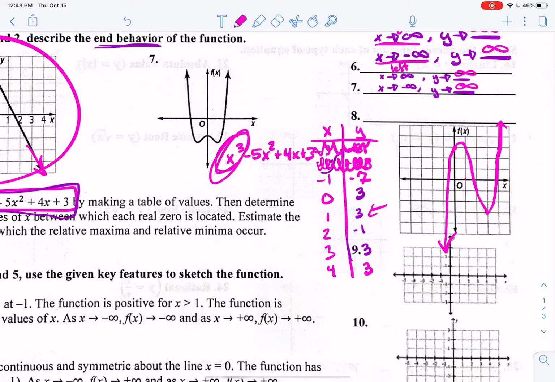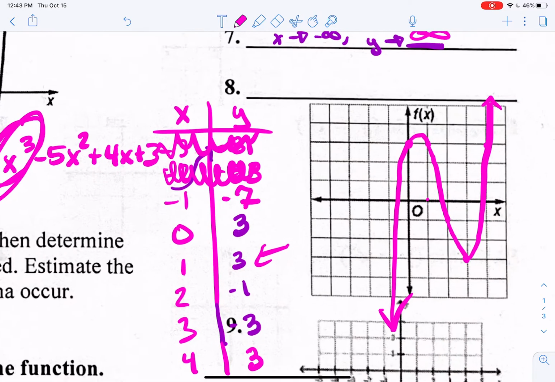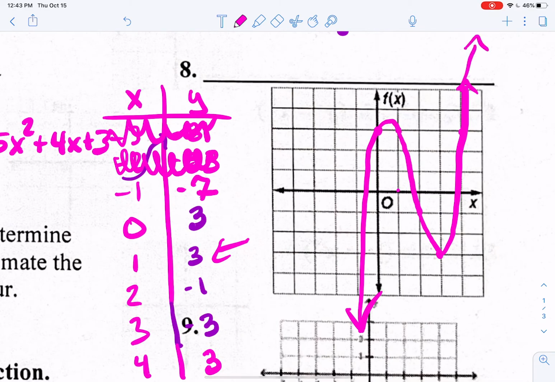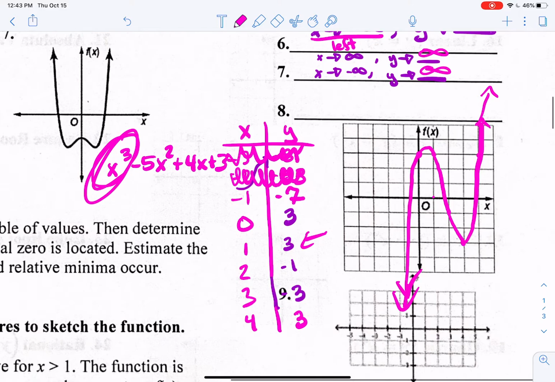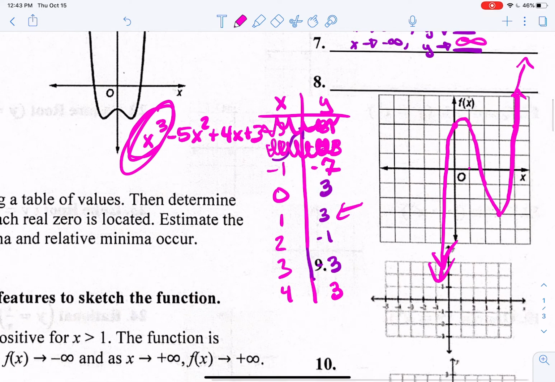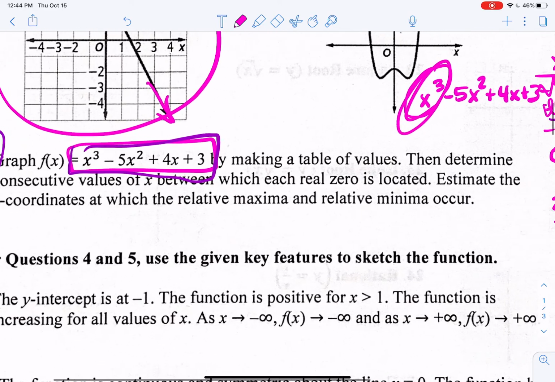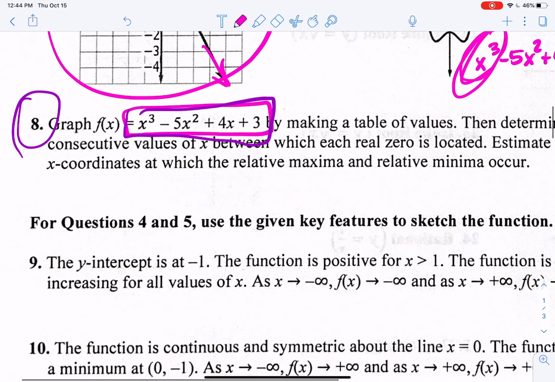X to the third power does kind of do that opposite directions. Like one is going one direction, one is going the other direction, has a couple little humps in there. That's what an x cubed function looks like, okay? So that's good. Let's go and figure out, determine the consecutive values of x between which each real zero